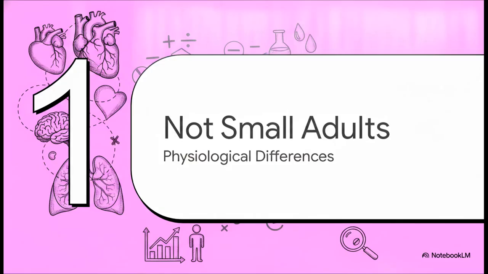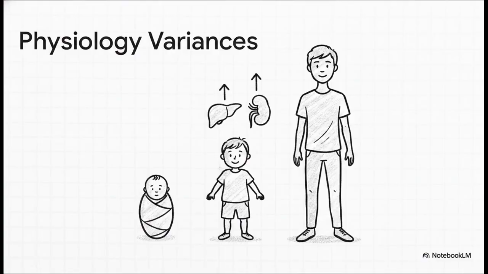All right, starting off with Section 1. Children are not small adults. We are talking about extreme pharmacokinetic variability here. Think about it. Your patient population spans from a tiny premature neonate all the way up to a fully developed 16-year-old adolescent. Across that entire spectrum, kids have immature organ systems, completely different body water percentages, and they go through